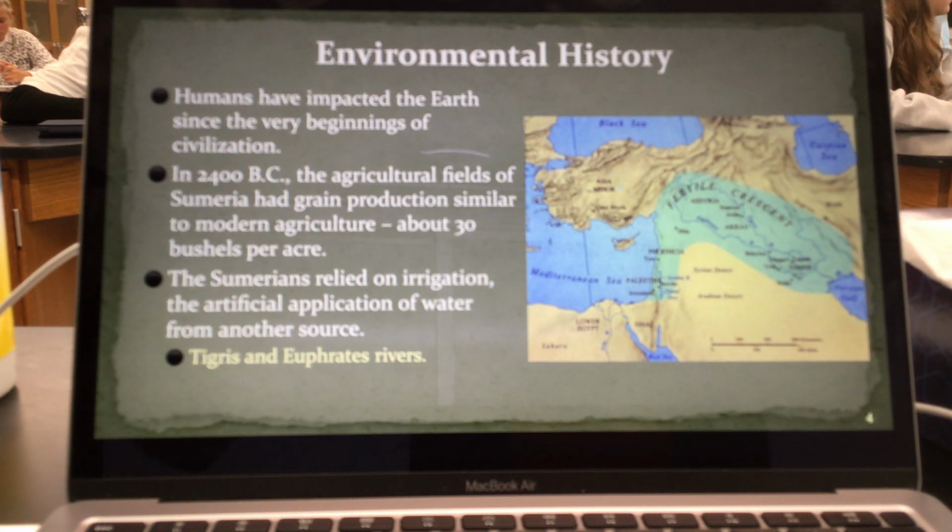The Sumerians relied upon irrigation, just like we do today, right? Sumeria was in a much more arid climate than we are, so they relied heavily on river sources, like the Tigris and Euphrates rivers, which were both sources for irrigation to provide for the crops. So they started using those rivers to gain growth for their crops because they weren't getting enough natural rainfall, so they had to irrigate and use those rivers as a source.